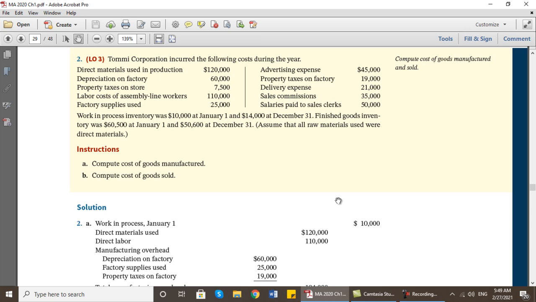Here's 10,000. For the current year, direct material used is 120,000. As you see, you are given direct material used as one figure. Maybe in another exercise, you need to calculate direct material used, as you learned in previous lectures. Plus direct labor